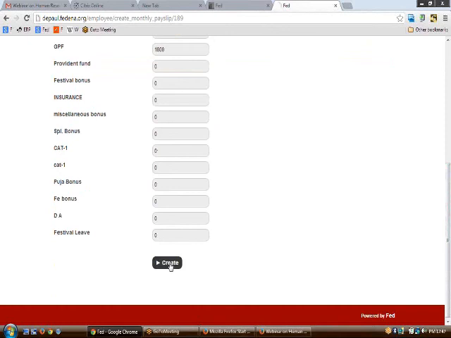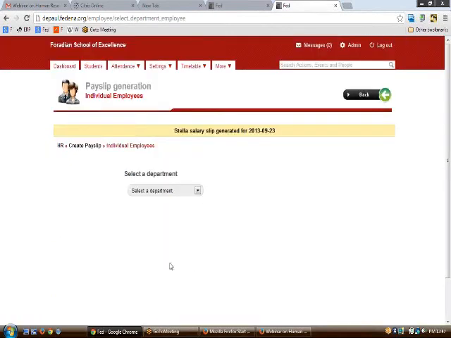So now if you want to create the payslip for this particular employee, just hitting the create button would create the salary slip of this particular person. So this is how the salary slip is to be created. But please remember that once the salary slip is generated, it's like the person who's in charge of HR has only applied for a salary slip for this particular employee.